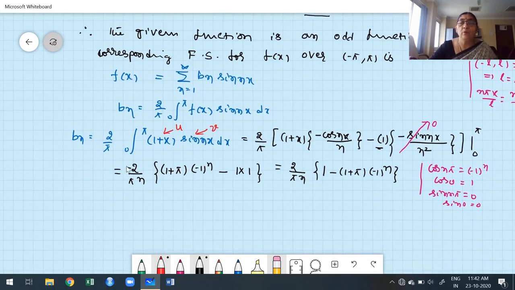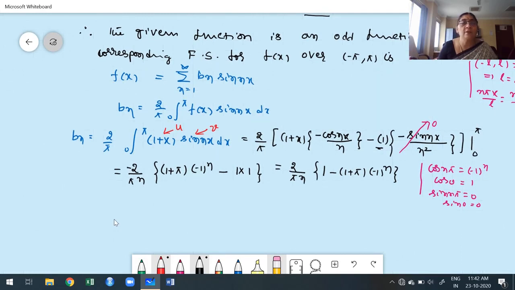Now before moving to the next step, I told you a number of times, first you have to verify whether bn is 0 for any value of n ranging from 1 to infinity. How can you know that? For which value of n does bn become infinity? Once you get the value of n, pick the denominator quantity. What you have in the denominator is n. Only when n is equal to 0 do we get 0 in the denominator.